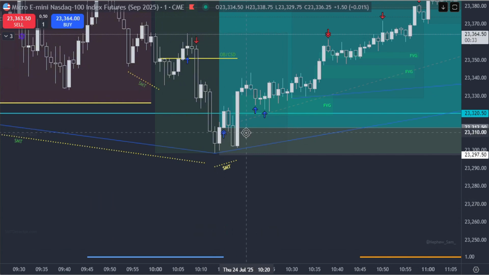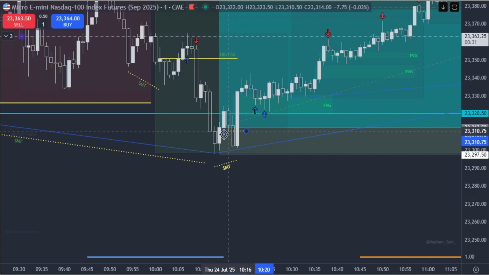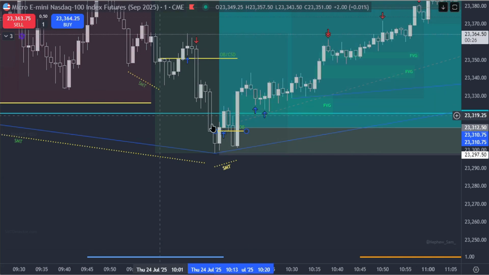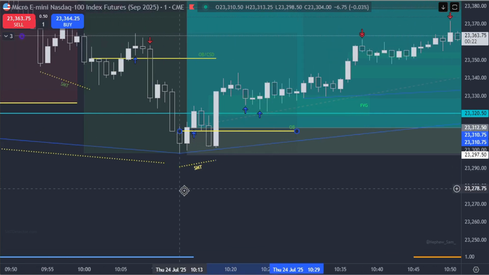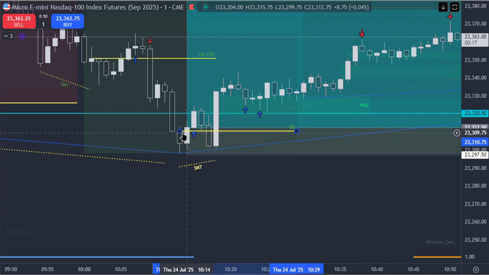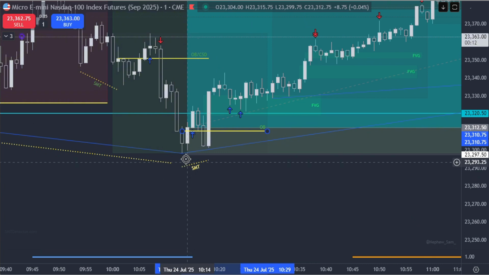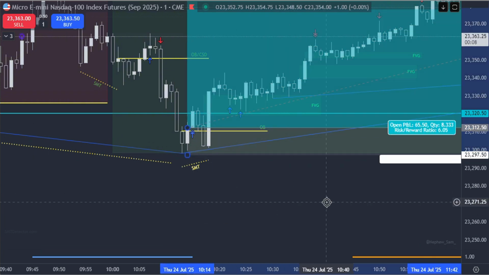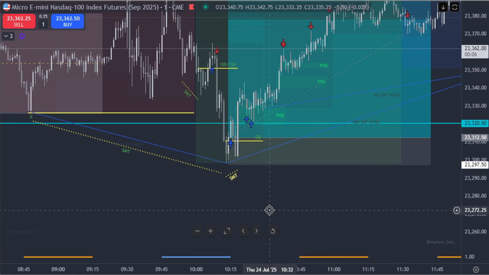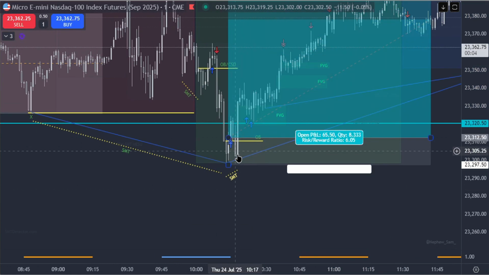So this is CSD again. This is the order block. You see how these candles here close bullish above this one. So you don't need a market structure shift, right? And then there was SMT. So as long as you put your stop loss below the SMT, your entry should be safe. Okay. So I entered,